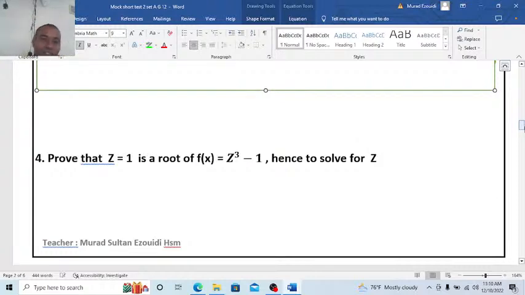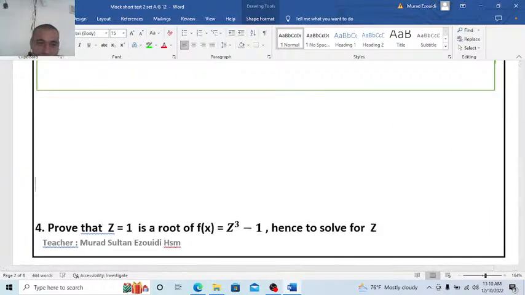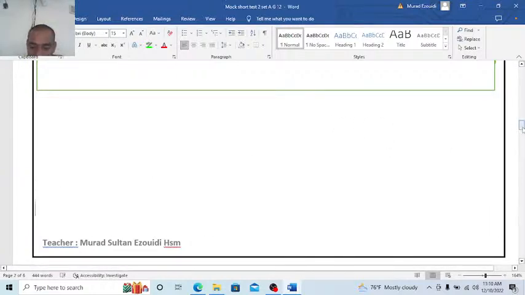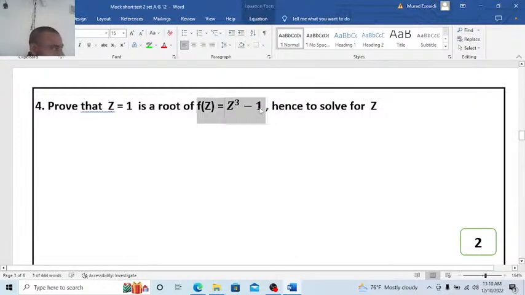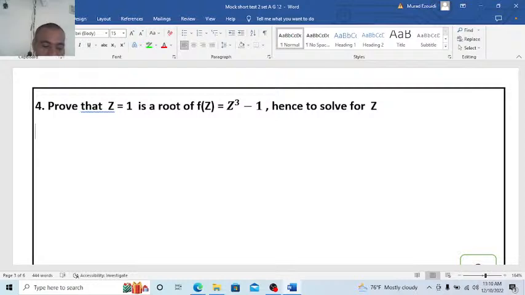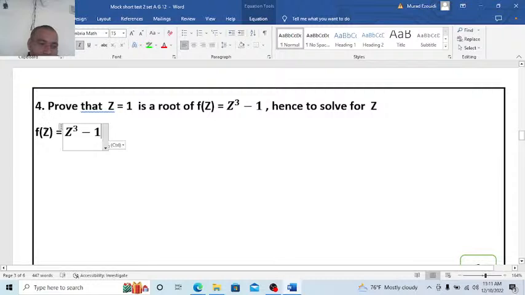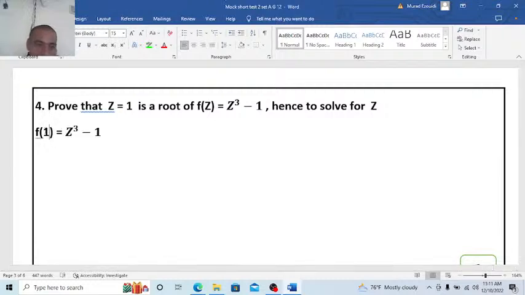Okay, thank you. Here the second question. Now we are going to see the second question. Prove that z equal 1 is a root of z cubed minus 1. Hence, solve for z. So here it's simple. This is f of z, of course. So I will replace z with 1, and I will use the remainder theorem. If it is 0, then 1 is a root, and therefore z minus 1 is a linear factor of z cubed minus 1. So I will write here f of 1 is 1 cubed